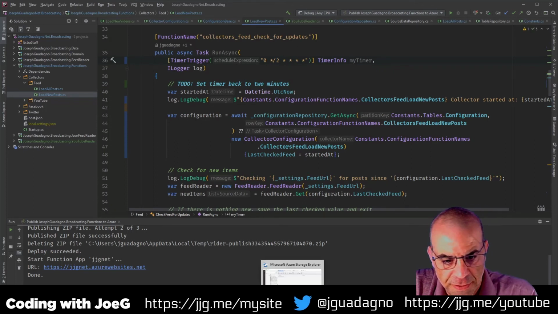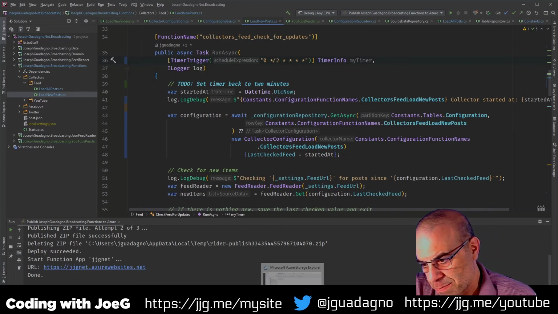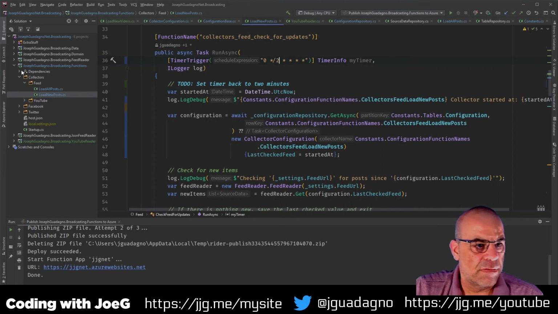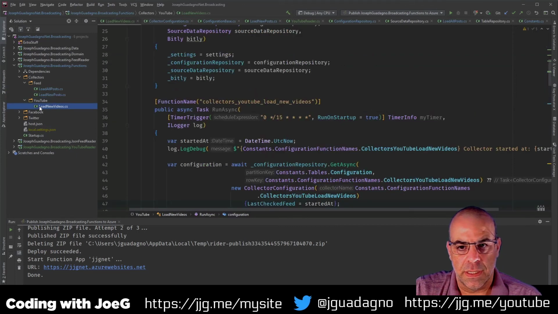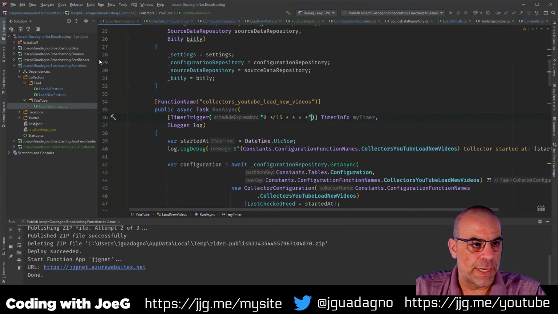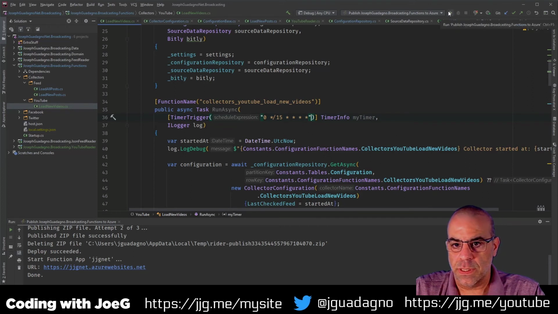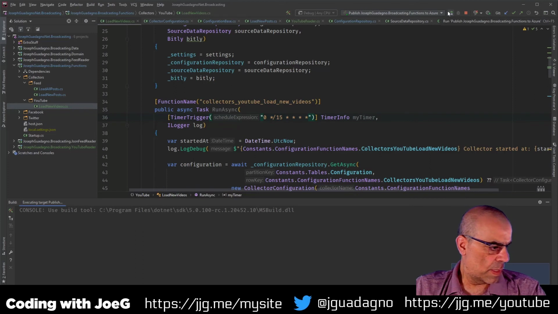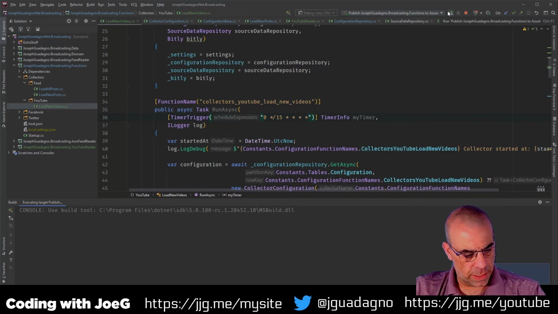So in about 15 minutes or so, which I'm guessing is about 5 minutes, I should have this running. Don't want this to run at startup. So what I'm actually going to do is push a new version with the right times. So let's go and redeploy. Hopefully it'll be functioning as normal.